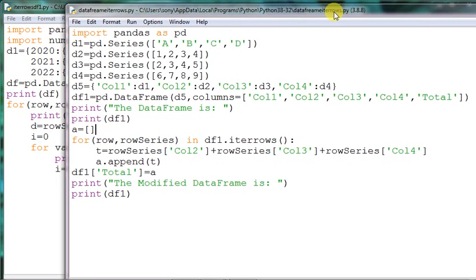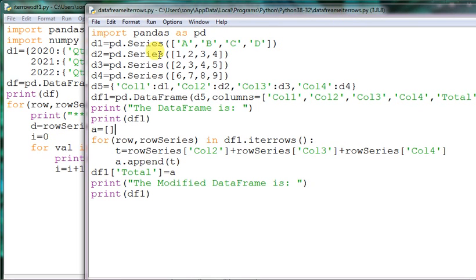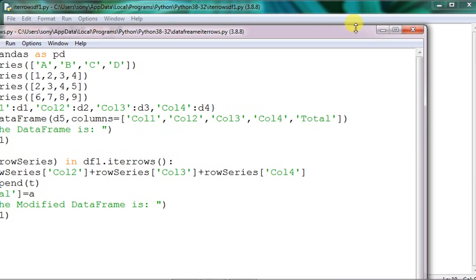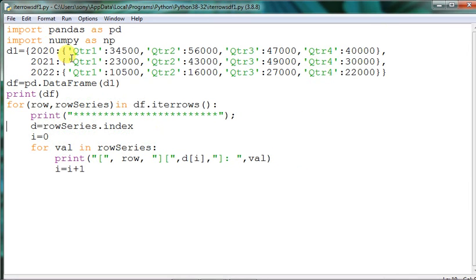What is the summary for that? We learnt over here once again how to form a dictionary from a series, and that particular dictionary will be converted into a data frame, okay, and in this program. So I'm going to another one. You see out here this one. This program is teaching us how to use the iterrows function, and this dictionary has been converted further into a data frame.